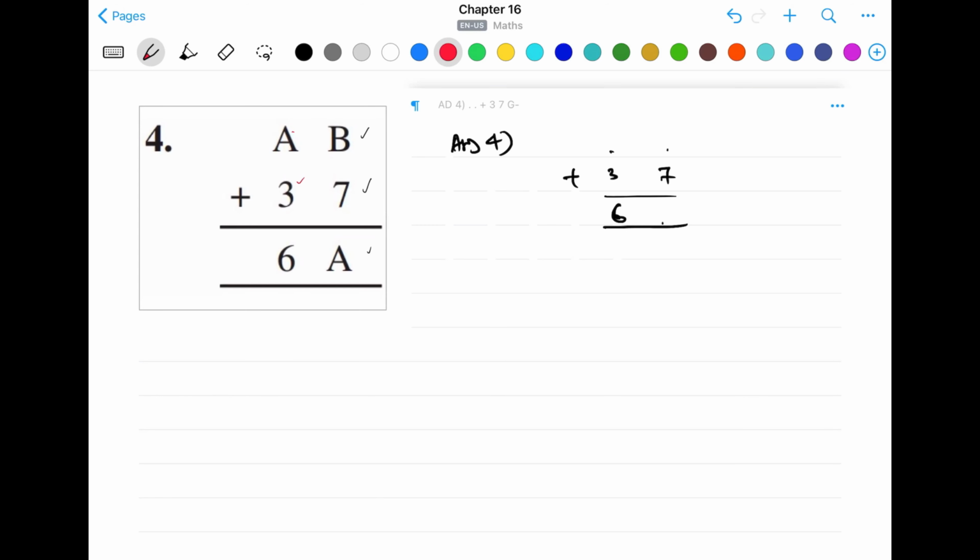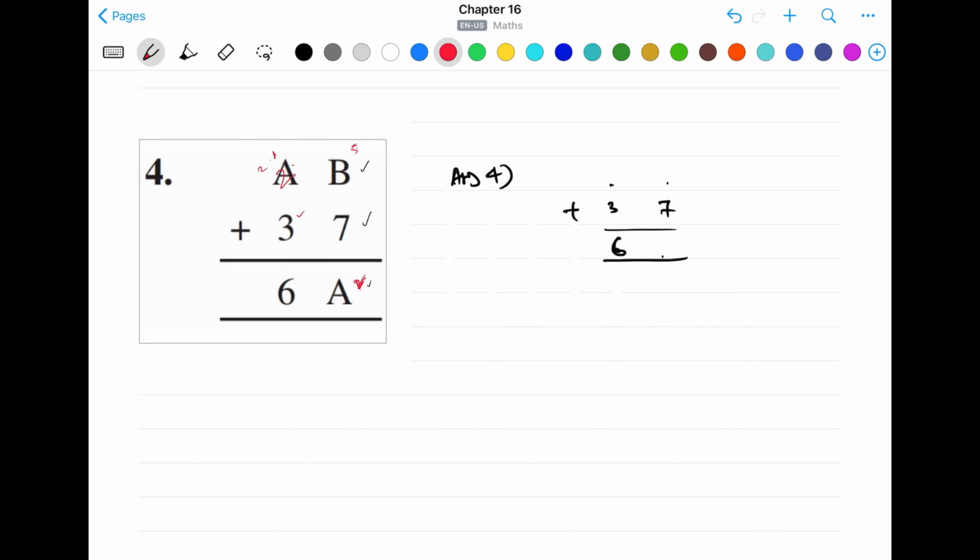So that means already we have 3 here, so this A can be either 3 or 2. If we are getting a carry from here, that means it will be 2, or if we are not getting any carry, then it will be 3. So let's take this to be 2, that means we are getting a carry from here. So assuming that we should get 2 here, what should be added to 7 in order to get 2 at the ones place? That digit should be 5. So 5 plus 7 is 12, so we get 2 here and carry will be 1. Now as we got 2 at the place of A, 2 plus 1 is 3 and 3 plus 3 is 6. That means these values are satisfying our result.